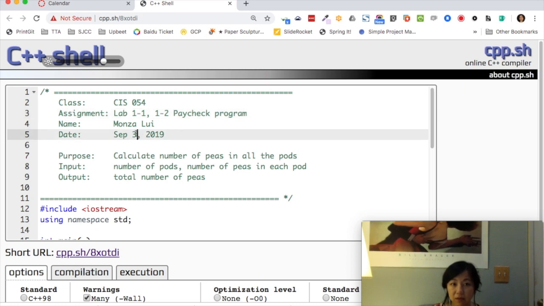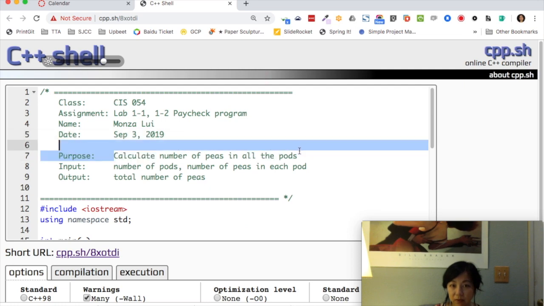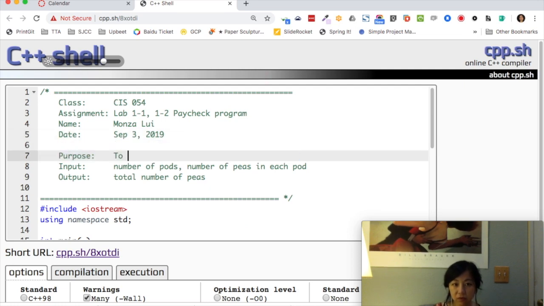And the name and the date, I'm not going to change it. So the purpose is to calculate gross pay, taxes, and net pay, or in a way more accurately is to report